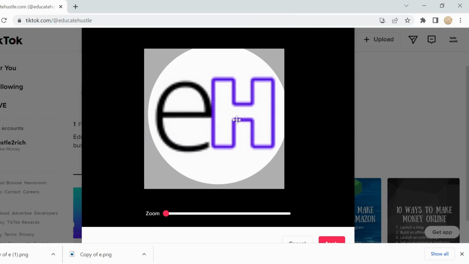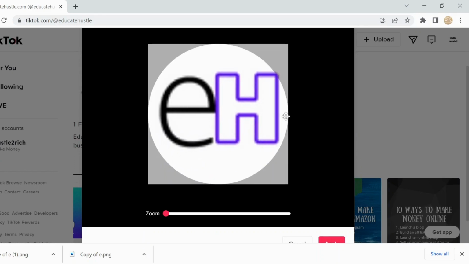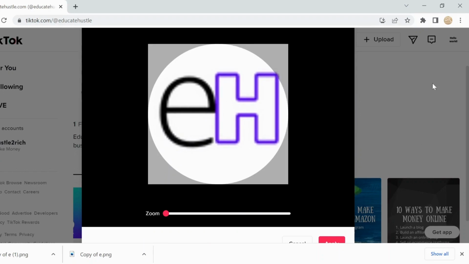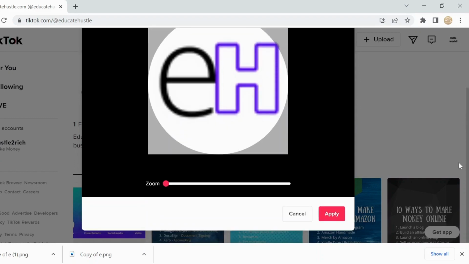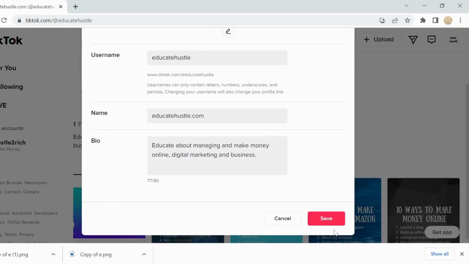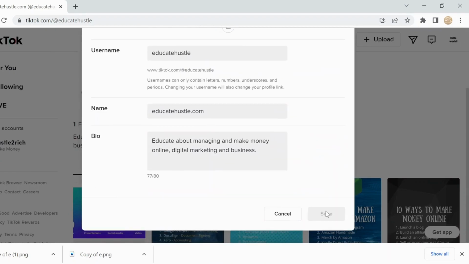Once you're happy with it, what you want to do is once you're happy with where it is, yeah, I'm happy where that is, just for the sake of the video. And you click on apply. Once you've clicked on apply, it will save it. And then what you want to do is you want to click the save button at the bottom of this screen, edit profile screen, click save,